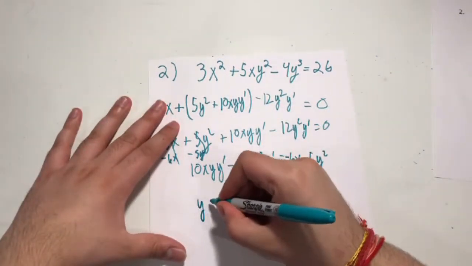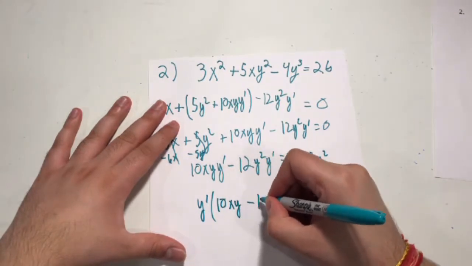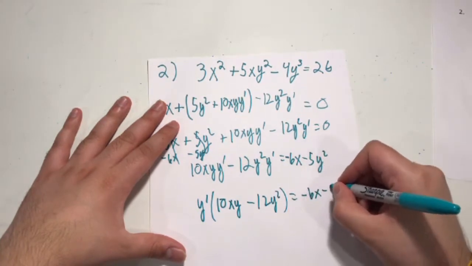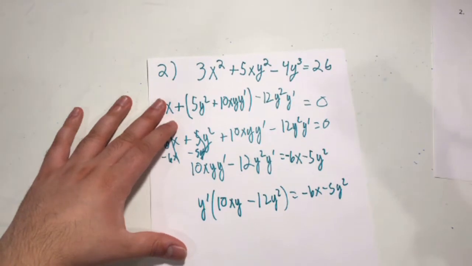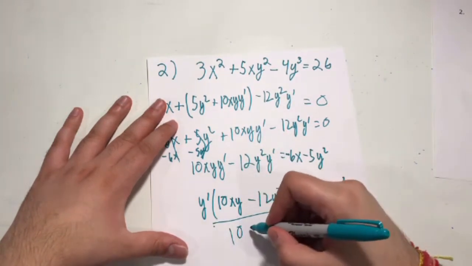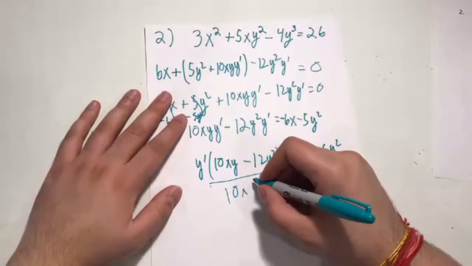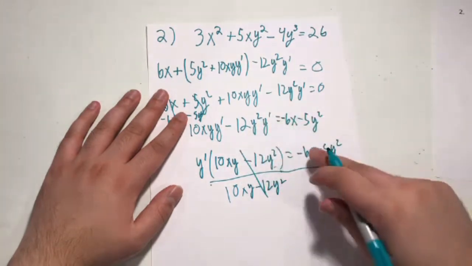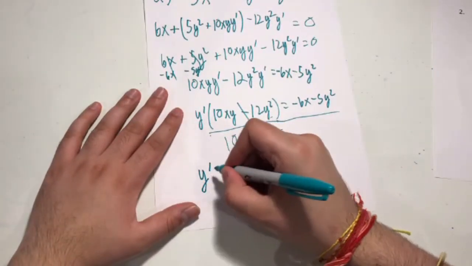So y prime times 10xy minus 12y squared equals negative 6x minus 5y squared. Now we just divide. And I'll just extend this so I don't have to write it twice. 10xy minus 12y squared. That cancels there, that still divides there, and our final answer